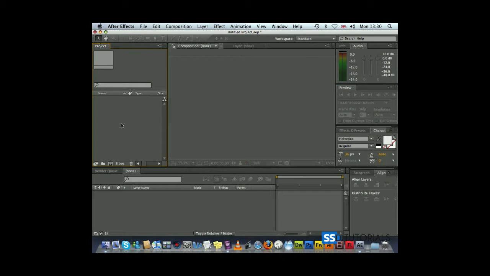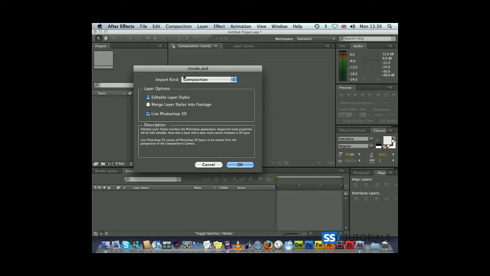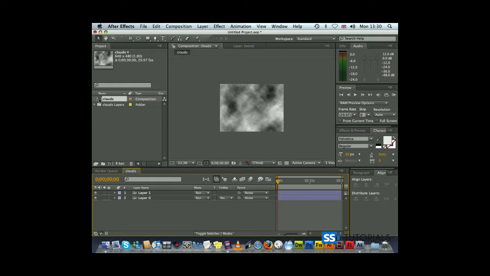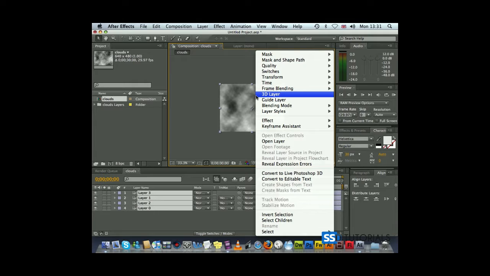In a new project, double click in the project window. Select our new clouds file, which we've just created in Photoshop. Click on Open, Import as Composition, Editable Layer Styles, and OK. Double click on the new composition in After Effects. Select both of the layers and duplicate them. Again, select all of them. Control click